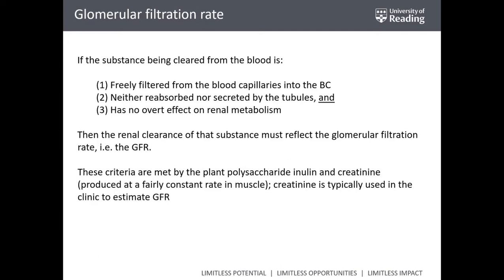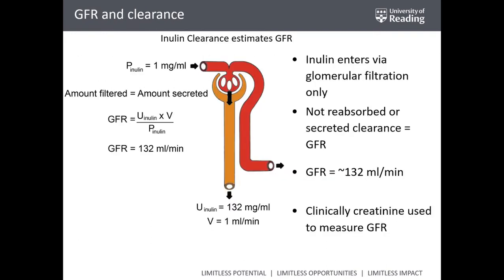So if there's a problem at the level of the filtration, okay? In fact, the inulin clearance is directly related, and it corresponds to the glomerular filtration rate, because if the concentration